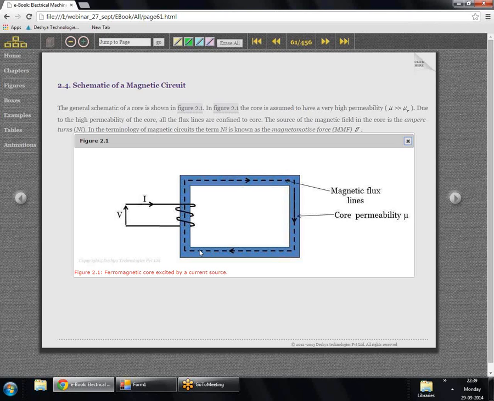Okay, so if we apply the right hand thumb rule to this figure, we can see that the direction of the flux lines is clockwise, as shown here. Okay, now